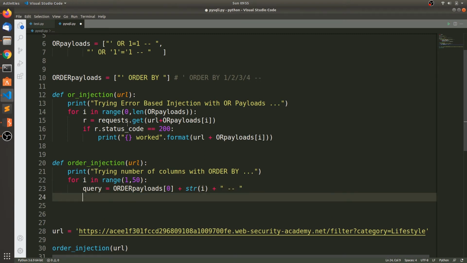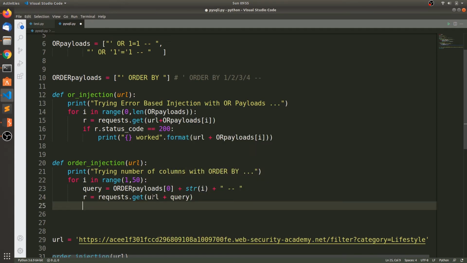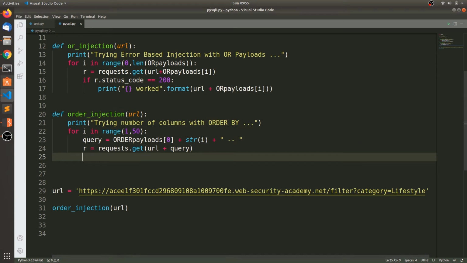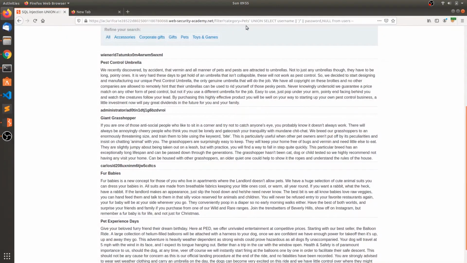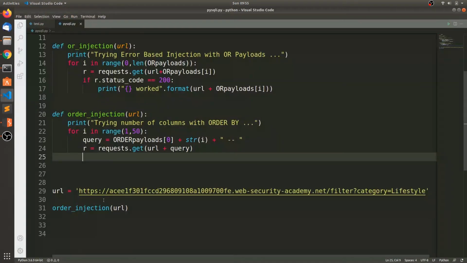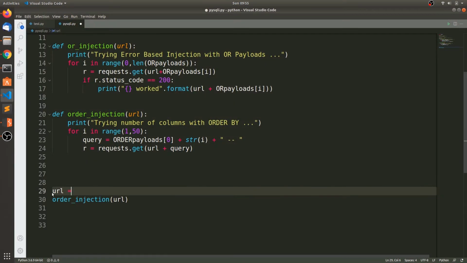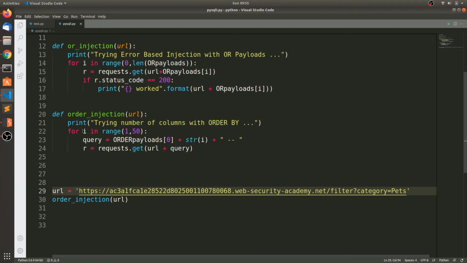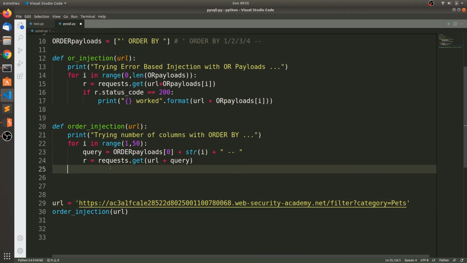This will build order by 1, order by 2, order by 3, etc. up to 50. And then r is equal to requests.get of URL plus query. The URL will be this URL, which will be passed to this function, order injection.